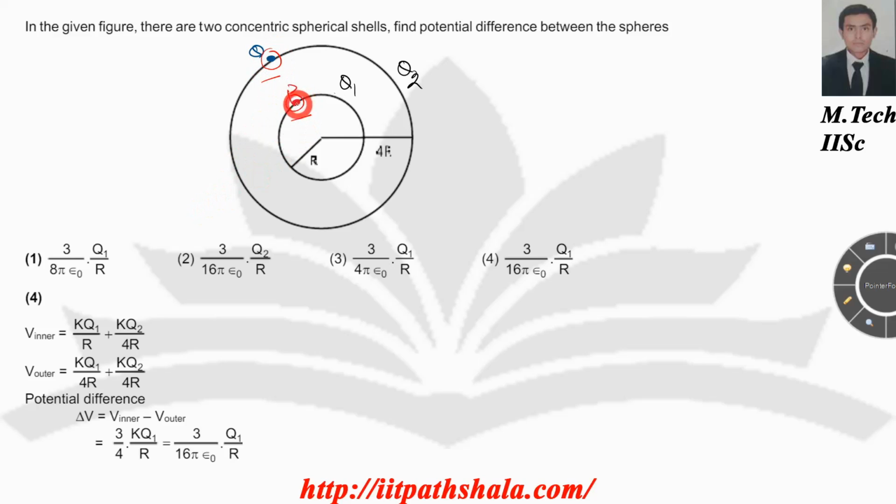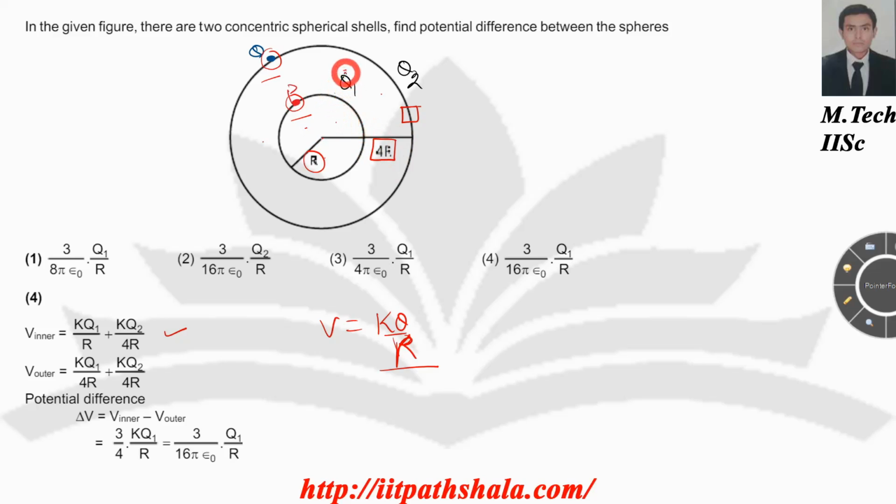So to find the potential at the point P, which is on my smaller shell, I can write it as follows. V inner is the contribution of this spherical shell at this point and the other spherical shell at this point. So V is KQ by R. For this spherical shell at this point, R is R, and we know that the potential due to a spherical shell inside any point, including the center, is nothing but KQ by the respective R, which is 4R.